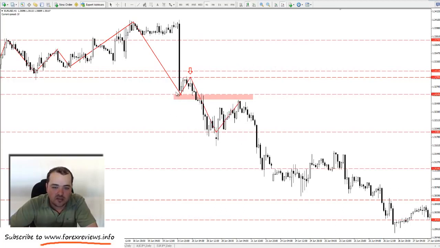So as you can see, this was a structure support area here. Price came back up to it. This is not magic, guys. This is real trading. If you took a sell signal around this pink zone, where would you target? Either here, for possibly we're at a double bottom,